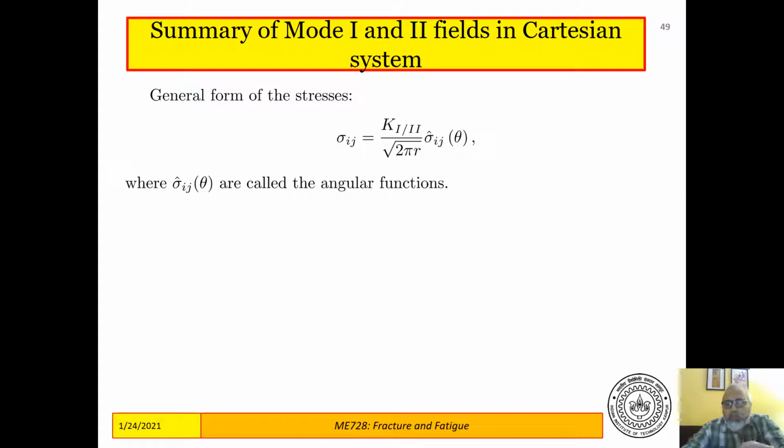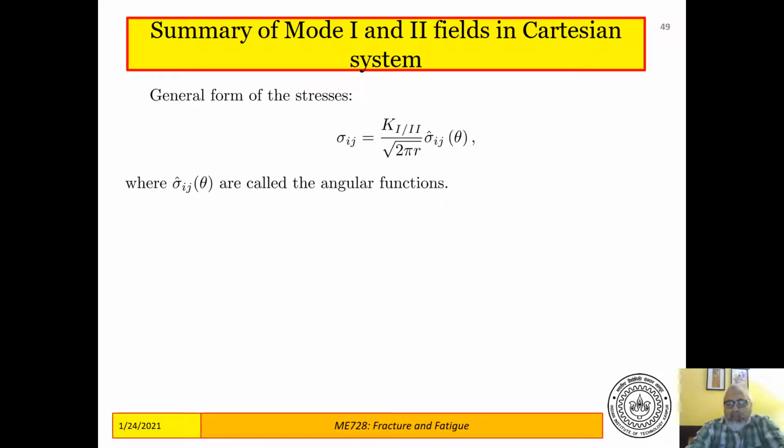So all the remote loads are applied at infinity. For this crack, the stress field very close to the crack tip has always got this form, where these are angular functions which are predetermined. There's a 1 by square root r term that makes the crack tip stresses go to infinity as r tends to 0. And then the strength of this singularity is determined by one single parameter called K1, K2 or K3,